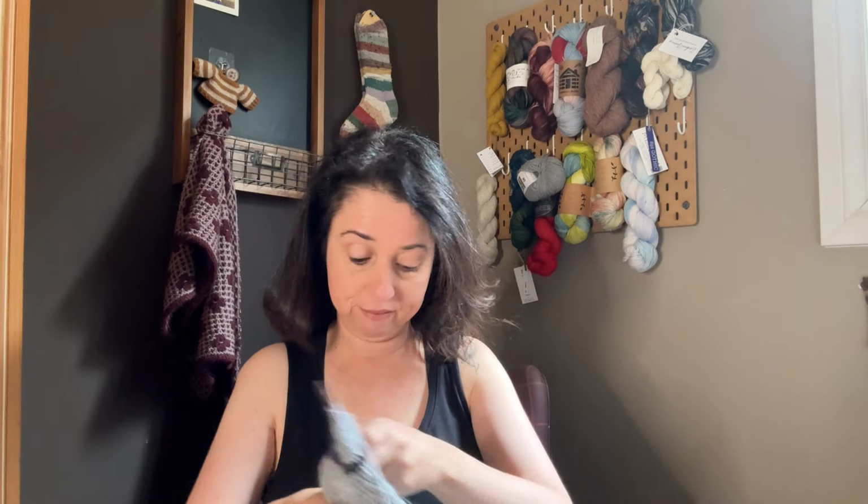But I gotta make gifts, guys. I gotta start making some gifts. So some of these things will have to be put on hold, which is too bad because I'm really enjoying everything. And I want to wear everything that I'm making. But I definitely have some gifts. But gifts are quicker. So I'm going to start putting together